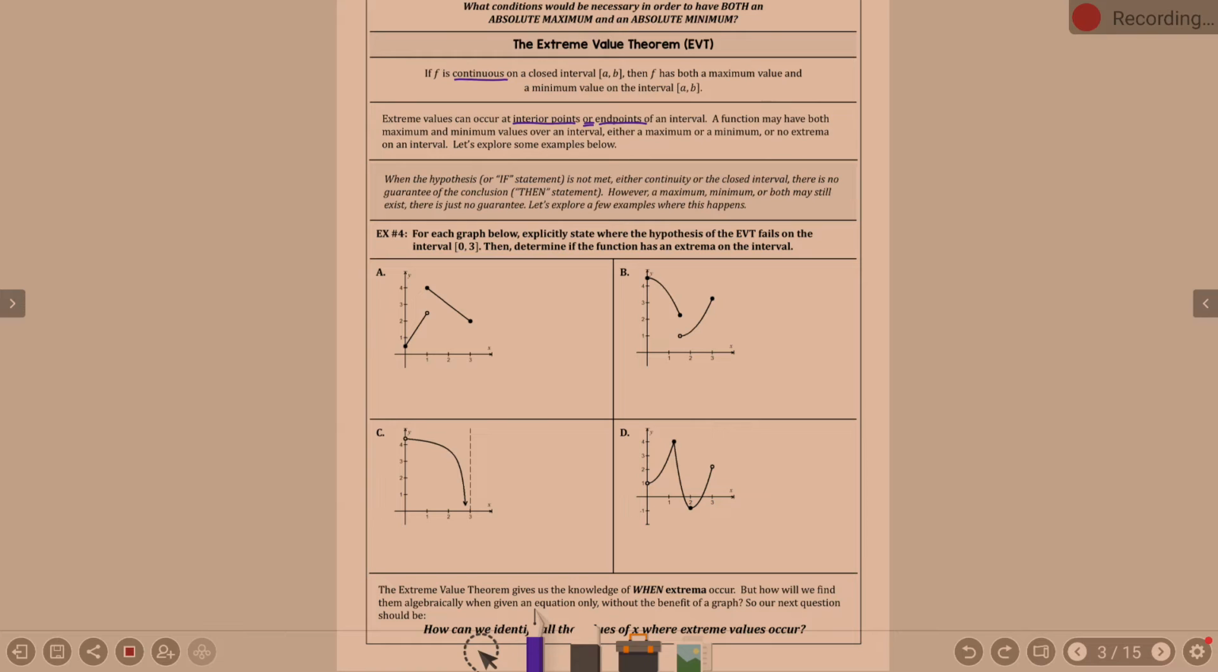Okay, example 4. As we look at A, for each graph, we're going to state whether the hypothesis of the extreme value theorem fails on the interval, and then we're going to determine if the function has an extrema on the interval. So whether or not the extreme value theorem applies does not definitely affect whether or not there are mins or maxes. Does that make sense? Okay, in other words, there can still be mins and maxes even if the extreme value theorem fails, because what is the